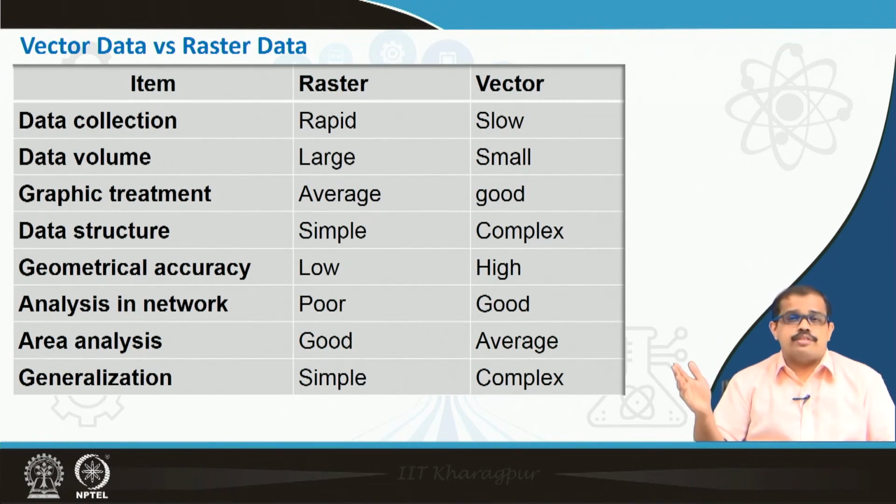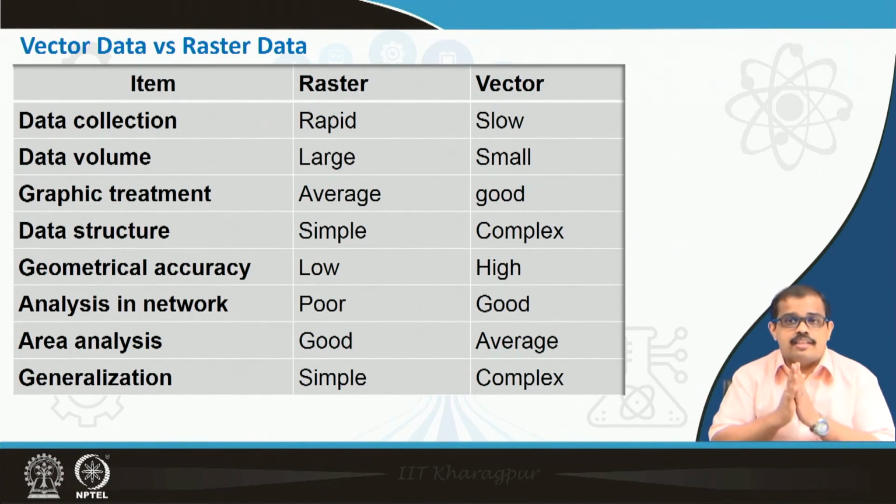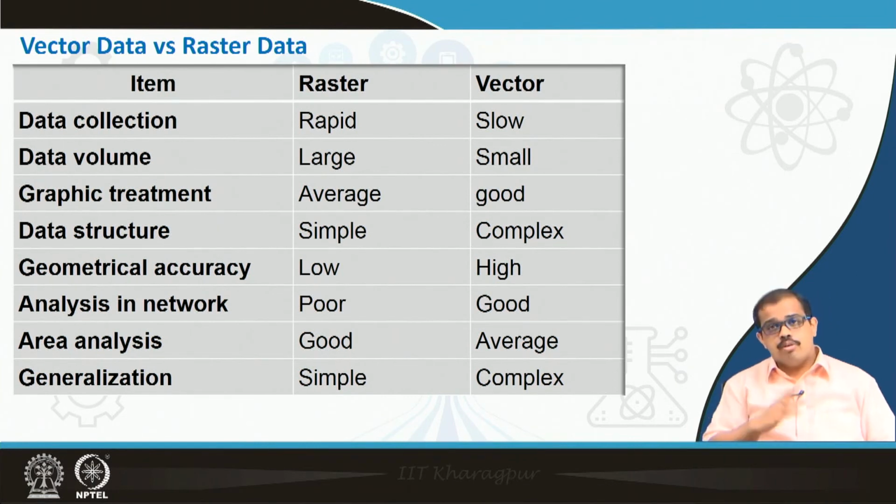I mean, most of the data is stored as vector data rather than raster data. When you look at graphic treatment, for example, I was giving you an example of land use in my previous slide. If you look at that slide, you can understand that it is much easier to understand a graphic treatment in vector data than in raster data, because raster data is not very smooth and does not give you a distinction between two objects or two phenomena, whereas vector data gives you a clear distinction. And in terms of data structure, raster is quite simple, whereas vector is complex.